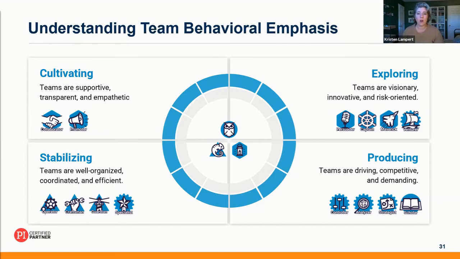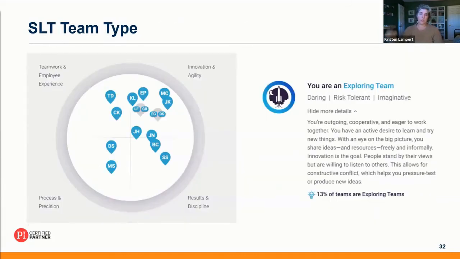So when we look at our team type for this particular team, when we were consulting into this client, what we knew is that, hey, this is a super risk tolerant team. A lot of their team sits in this upper right quadrant. And they are big picture, they're daring, with a lot of innovation and growth. They're willing to listen to each other. They have some really key strengths.